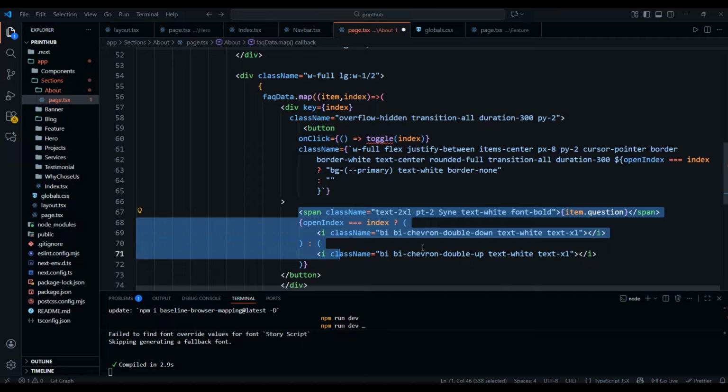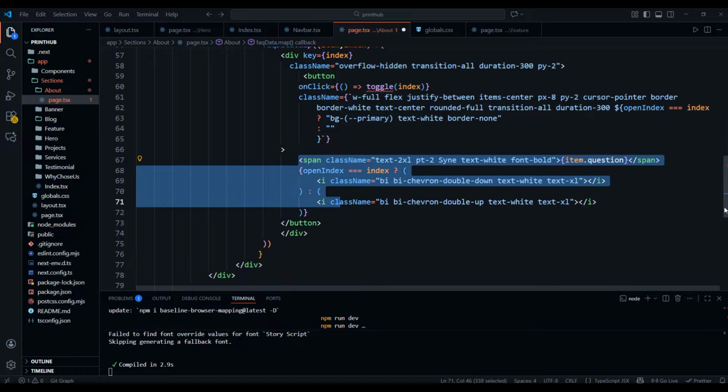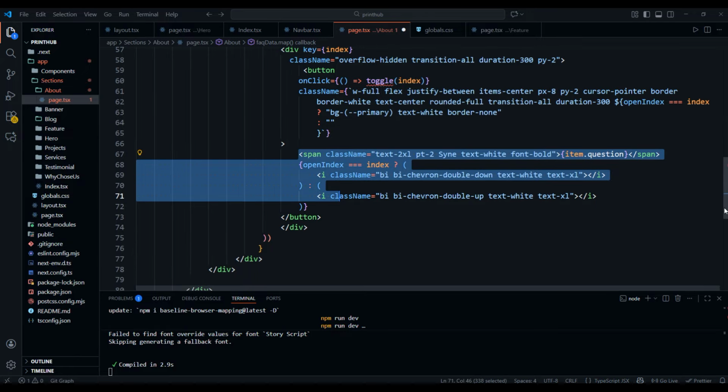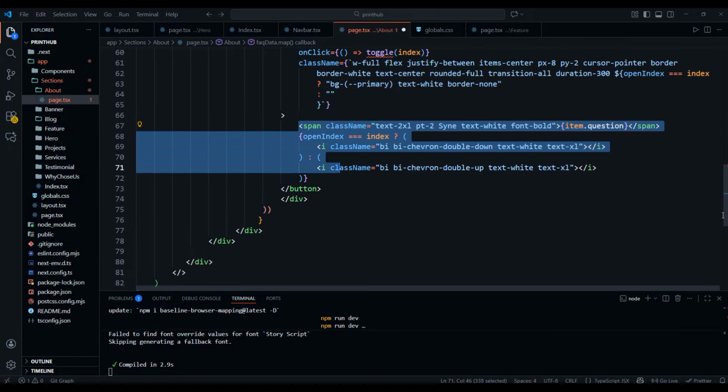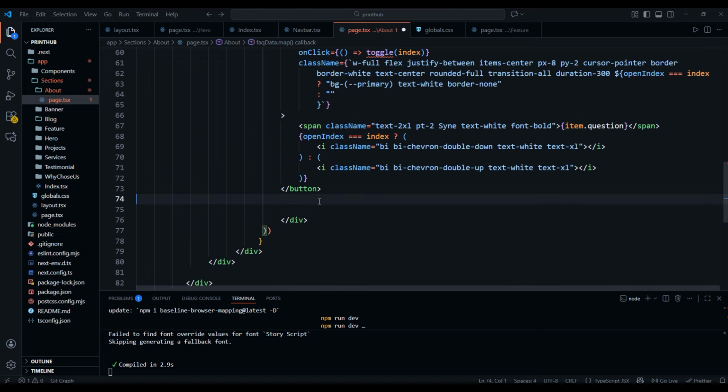So this is simple for the button, because if we are going to create this kind of button, basically this will design an accordion, right? Having the questions, once you click on a question it will open with the answer. So this is one type of accordion. So after the button we need